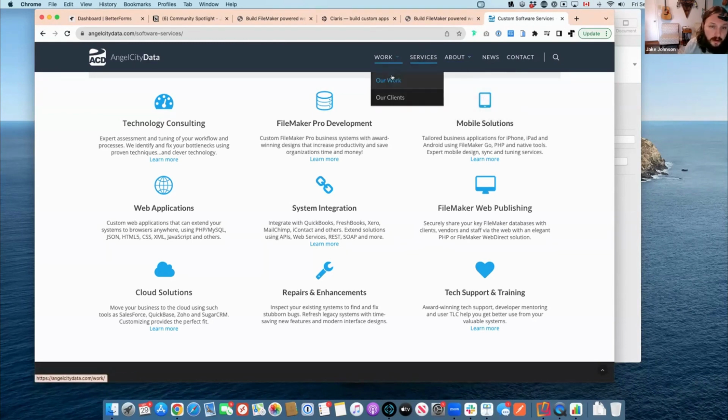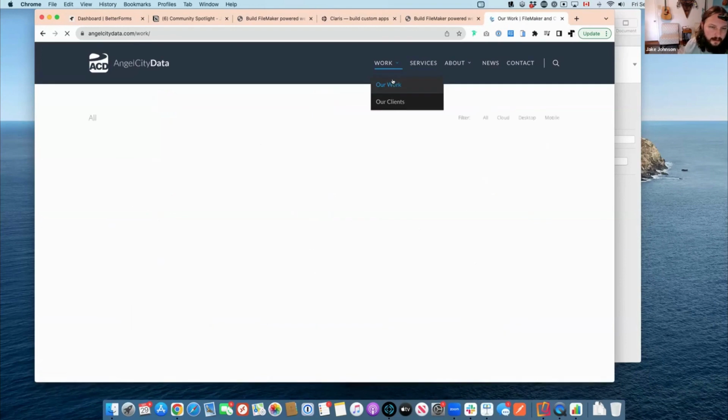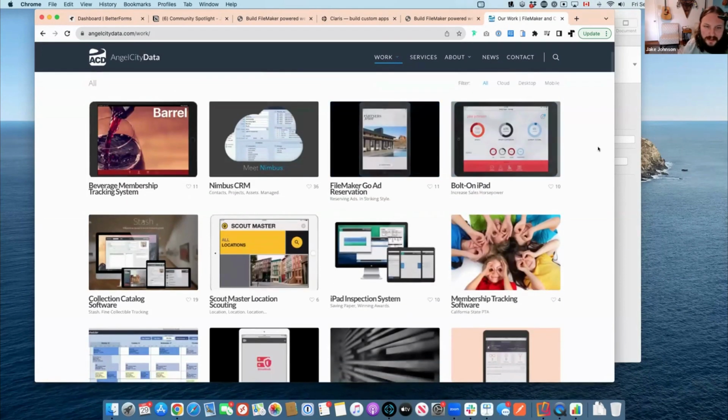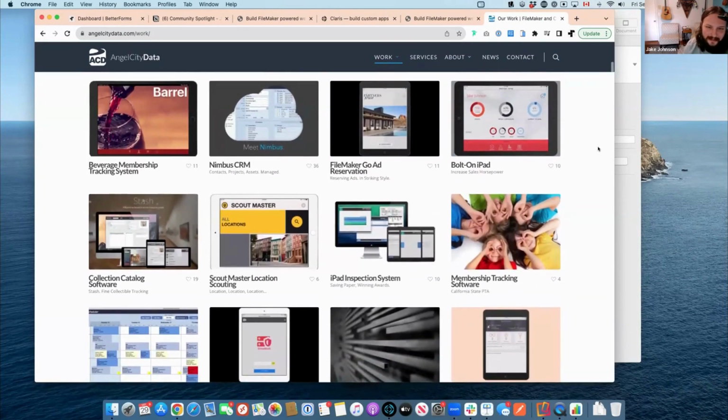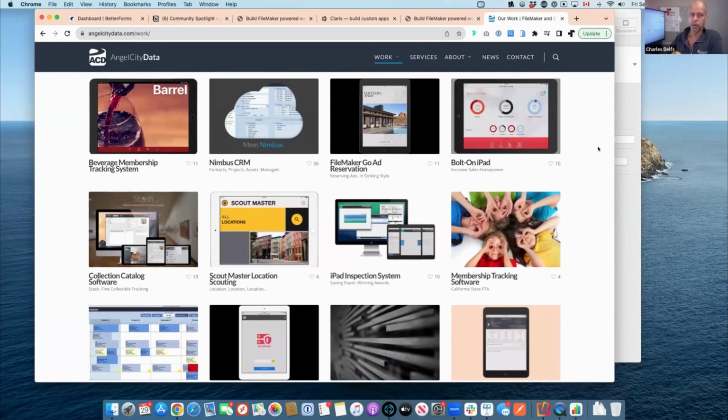So why don't we start with that? And that's actually been a BetterForms thing that I've been hoping for. And you just told me it's now possible, or it's going to be possible. It's going to be possible. That's massive, man, because there's so many things that we build where we show the customer,